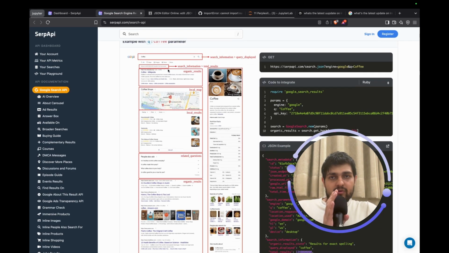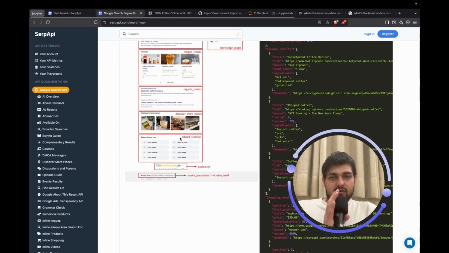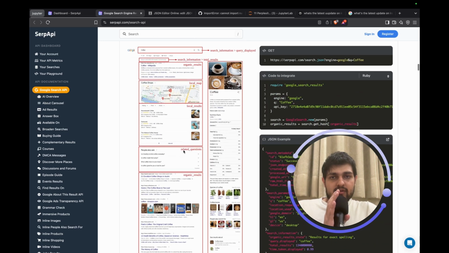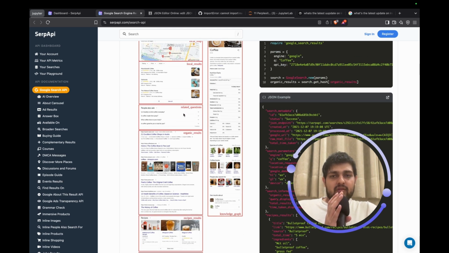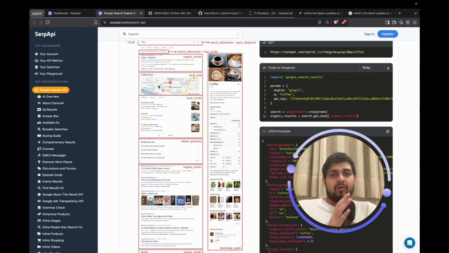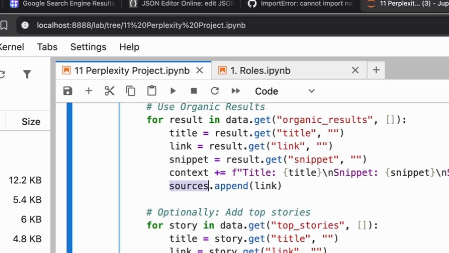Let's see: local map, organic map, search information, and related searches. There are related questions too, so you can use any of these. Instead of organic results, you can use related questions for a different purpose. You can use local results, like for restaurants, and you can also use map. It can go into quite some depth, but for now we simply use organic results and keep them